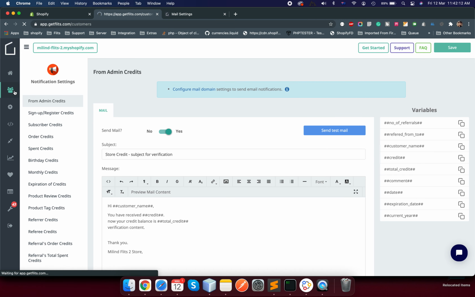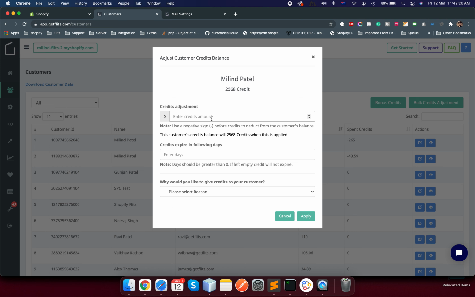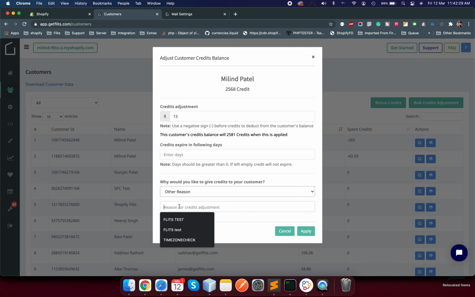So whenever the adjust credit happens, it will send the email from the selected email ID. Suppose let's say we have adjusted a random number, 13. So the current credit is this, and after adjustment it will be this much.